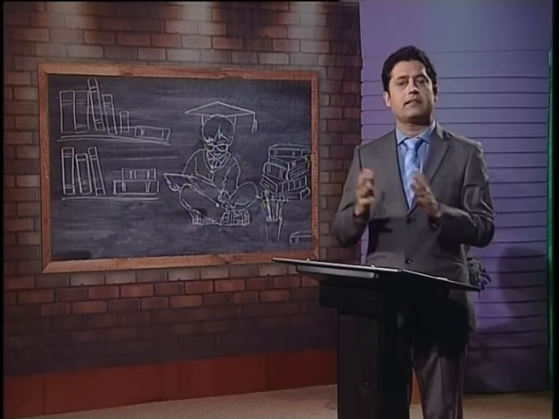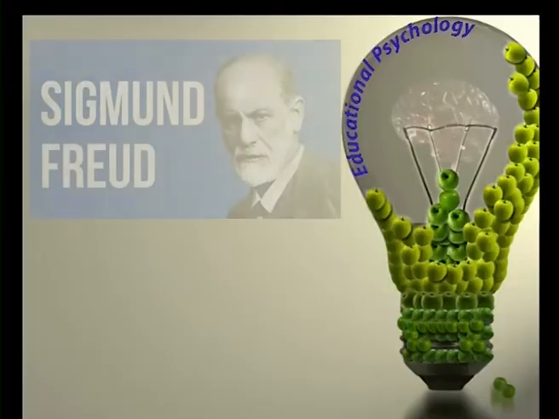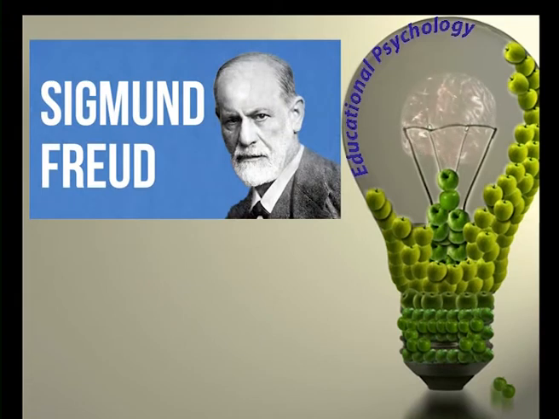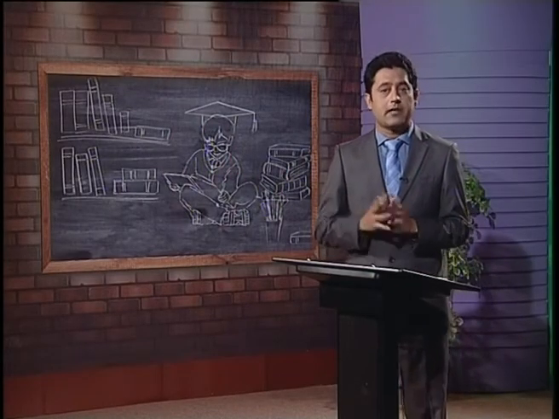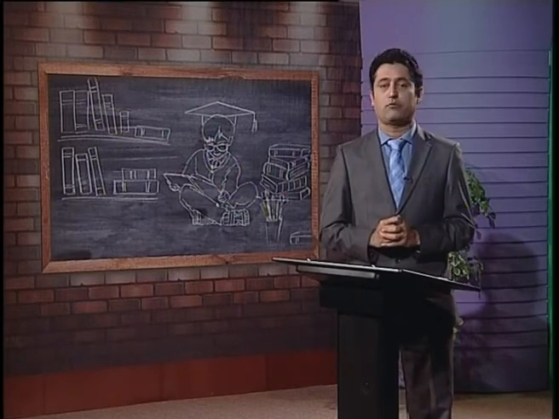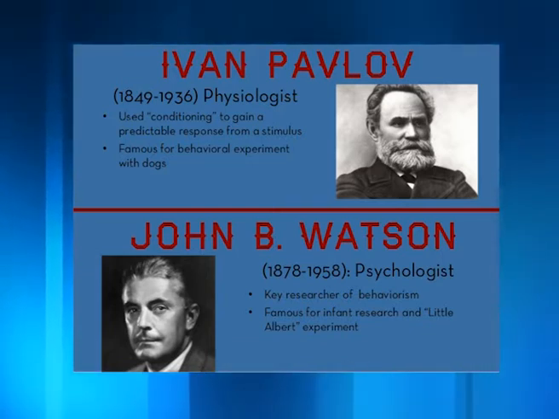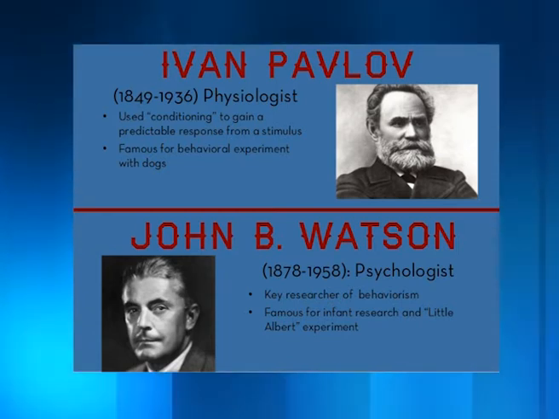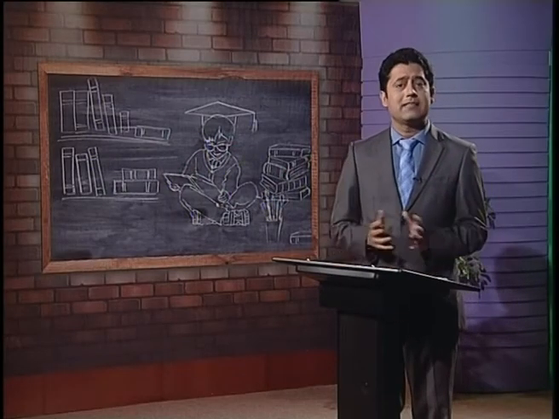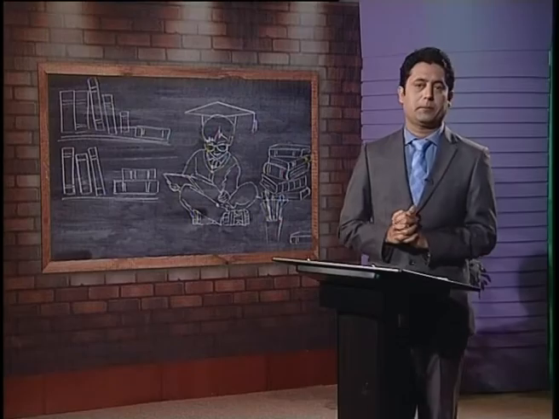The next important method of collecting data came with the development of psychoanalysis by Sigmund Freud, who emphasized the importance of unconscious mind in understanding behavior. In the second decade of the 20th century, psychology developed as an objective science of behavior by the efforts of Pavlov and Watson. Experimental and observational methods were developed to collect data to study behavior. Simultaneously, testing movements started with the introduction of statistics in psychology.